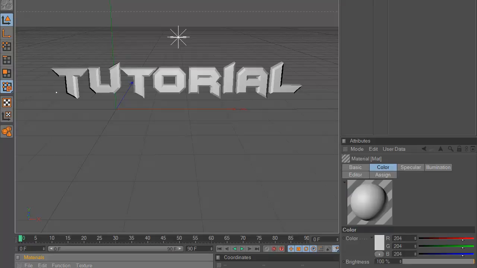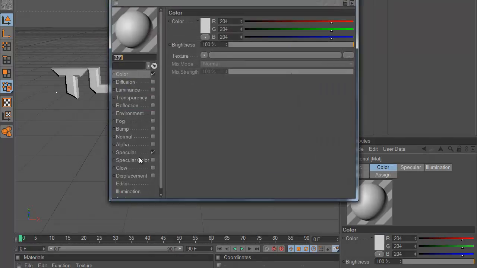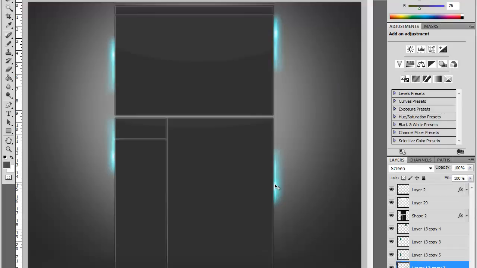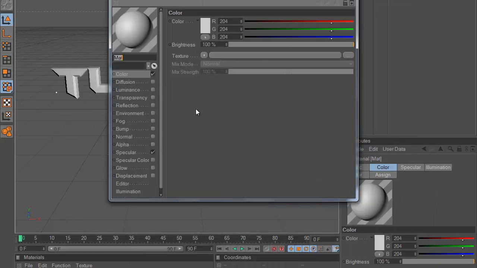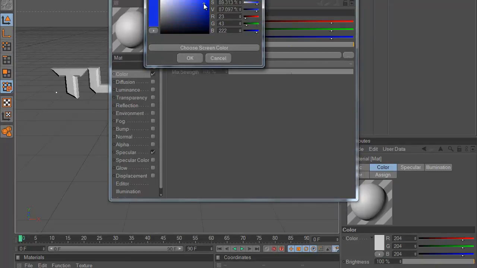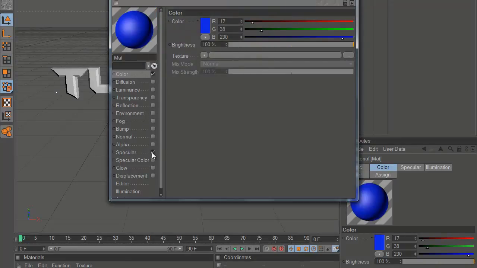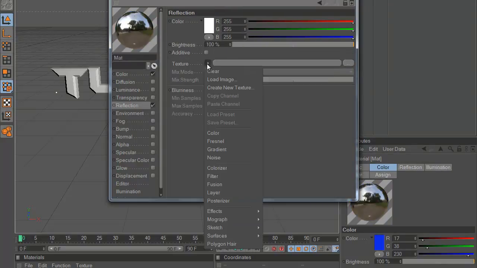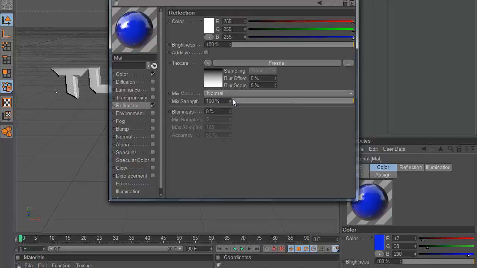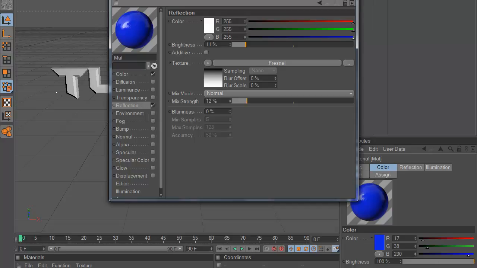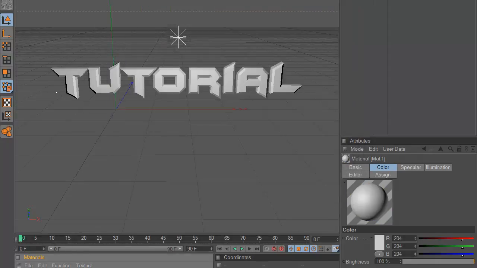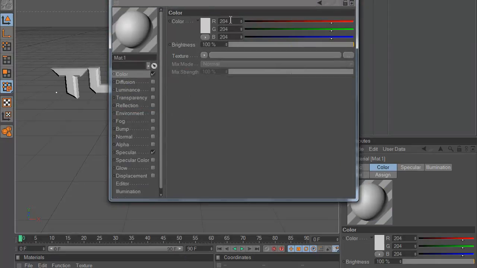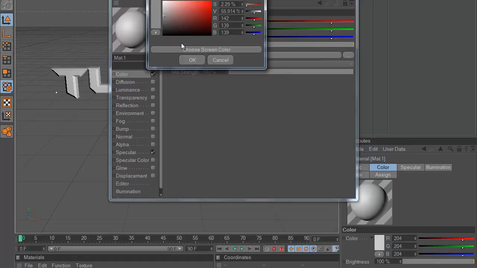And now we're going to go into our materials, and we are going to make another material. And since on this Photoshop these optical flares have kind of a bluish hue to them, we're going to make them the colors sort of like that. So we're just going to do this color right here. You want to uncheck specular, you want to check reflection, you want to go over to your texture and do Fresnel, drop the mix strength and drop the brightness, so we have this kind of a color here. Now you want to double click again to make another color, and do a little bit of darker gray